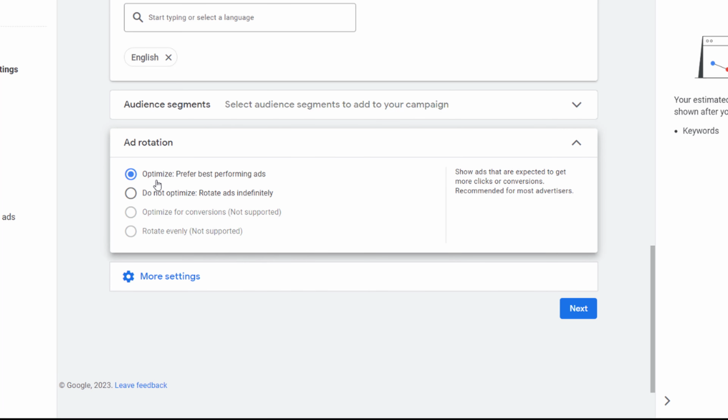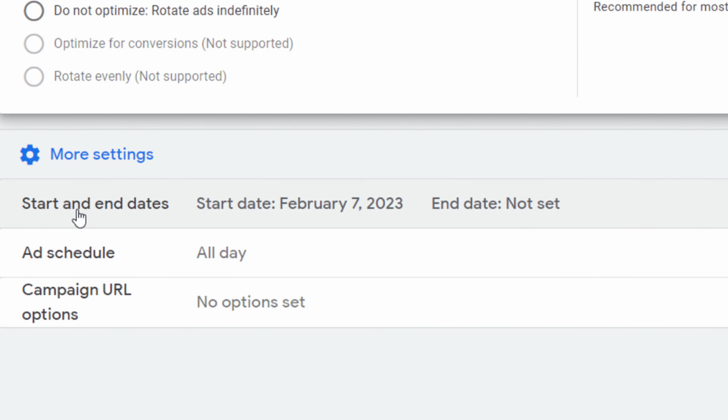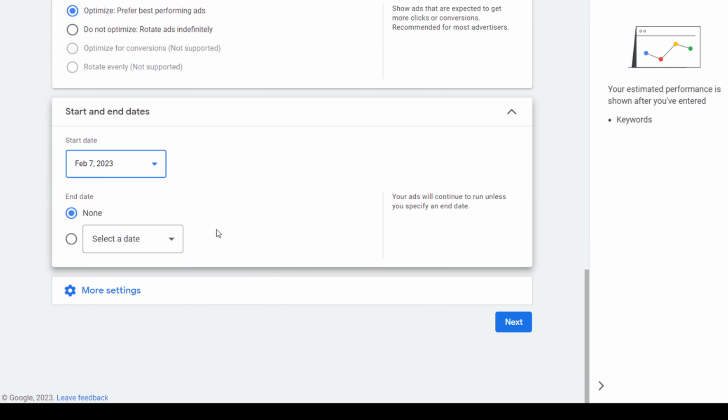I choose prefer best performing ads. And then start and end dates. If you are not regularly checking your campaign, I suggest you choose and use a start and end date.